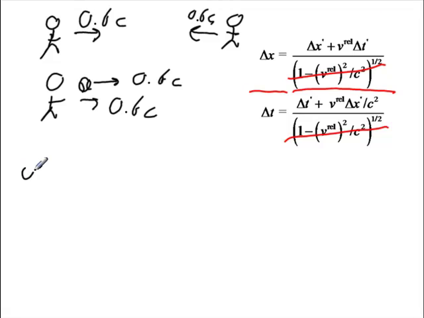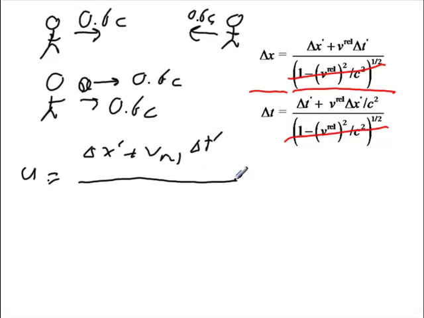I'm going to use u as the velocity because I already have a v for v relative. So u is going to be delta x primed plus v relative delta t primed, all over delta t primed plus v relative delta x primed over c squared. Now what I want to do is divide each of these terms